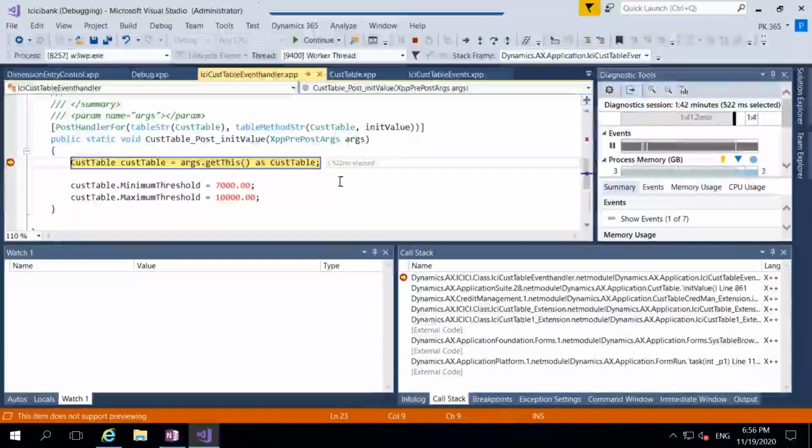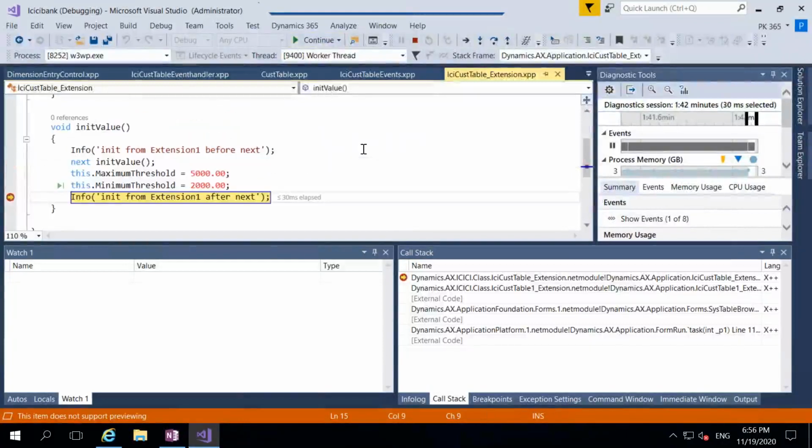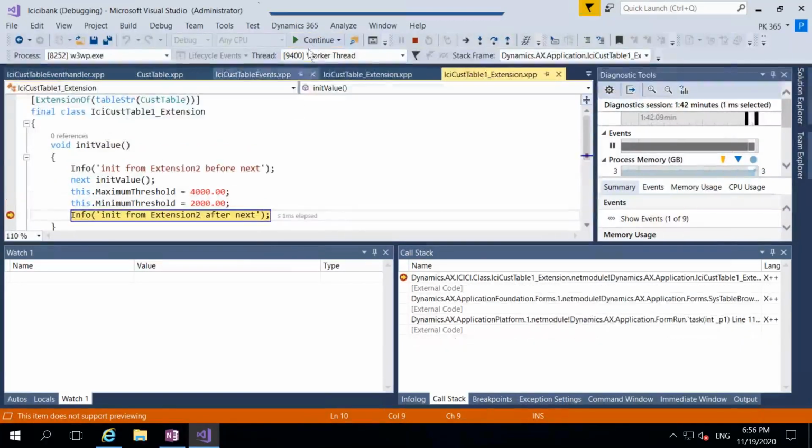and then post. Oh, I think in that one there are no good breakpoints. Okay, it has not hit it. The cache table events. Okay, and then at the end it came into the post init value. Let me click on continue. Now can you see this? Where did it go? Cache table underscore extension, and then it went into extension 1, extension 2,